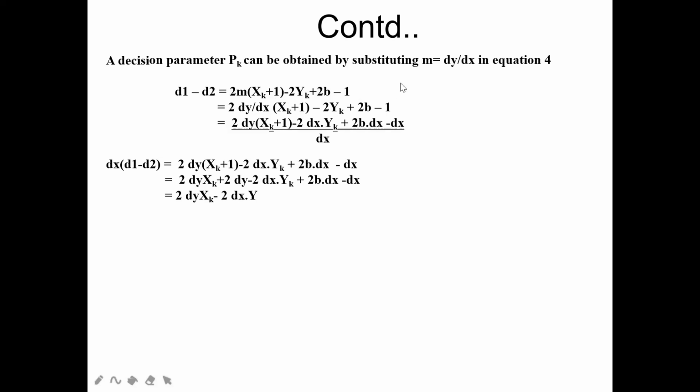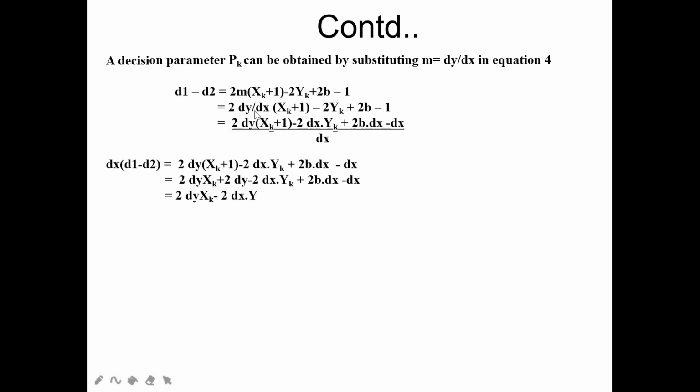Here I know that my slope value is m equals dy by dx. So I will just replace m with dy by dx. So what I will do? Equals 2 into, instead of m, just write dy by dx. Then the rest of the things, let them be as they are. In the next step, as it is dy by dx, I have to multiply by dx everywhere and keep dx as the LCM. So I kept the dx value as LCM.